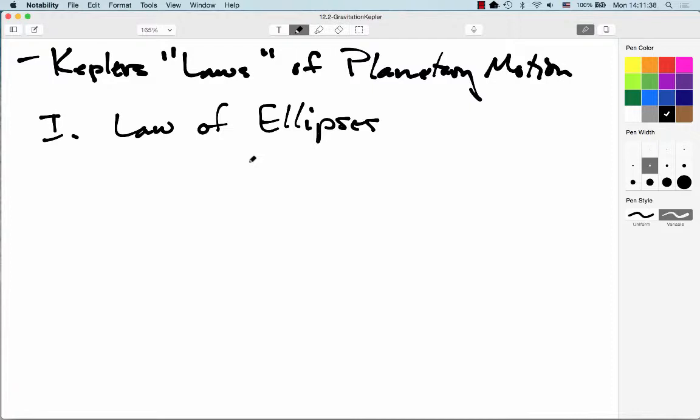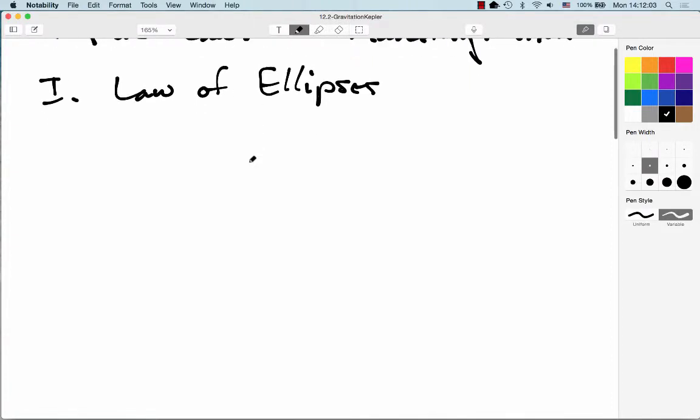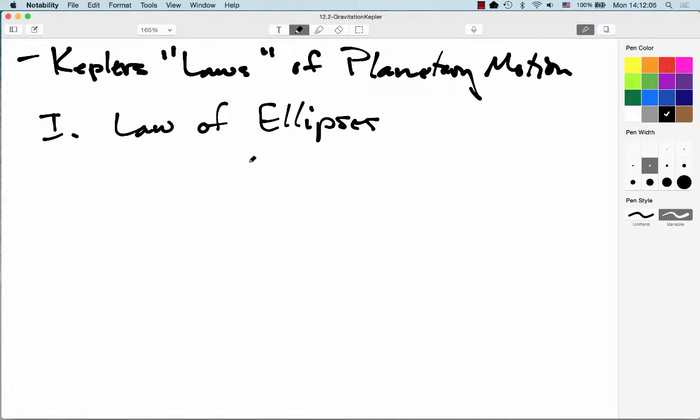Mars and Mercury, the 2 most eccentric of the planets we've got, basically just look like circles unless you actually impose a coordinate system on them, and then they look like they're off-center circles. And at least to my eye, I can never convince myself that I'm actually looking at an ellipse, but ellipses they are. So anyway, a quick review of the geometry of an ellipse,